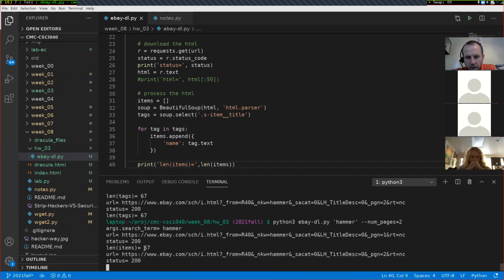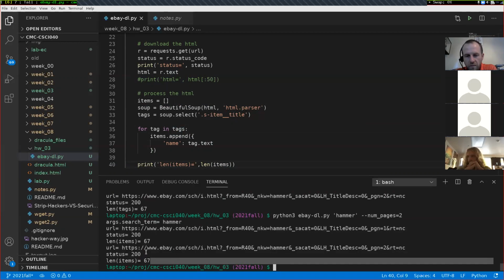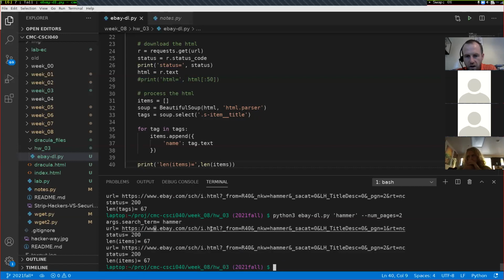And so now we're printing out the length of items. That's good, but I'm still getting 67 for each of these. And so that tells me that somehow my items from this page are not adding on to the items for this page. And here,